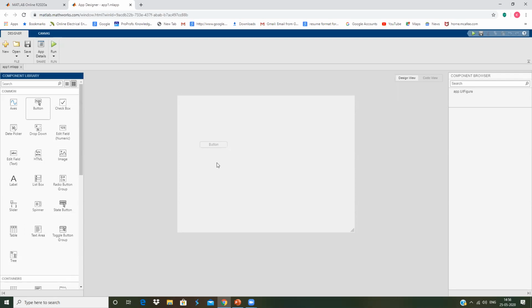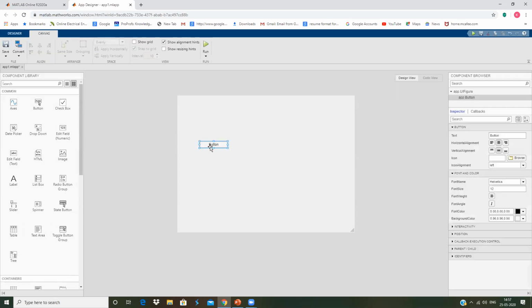Okay, and then if you want to change the topic, content, size, color and everything, you can do it here. You can see on the right-hand side there are different options. You can change the text, the alignment, the font style, the font size, make it bold or italic, change the font color, or even change the background of the font. Okay, so I just click to change this data.